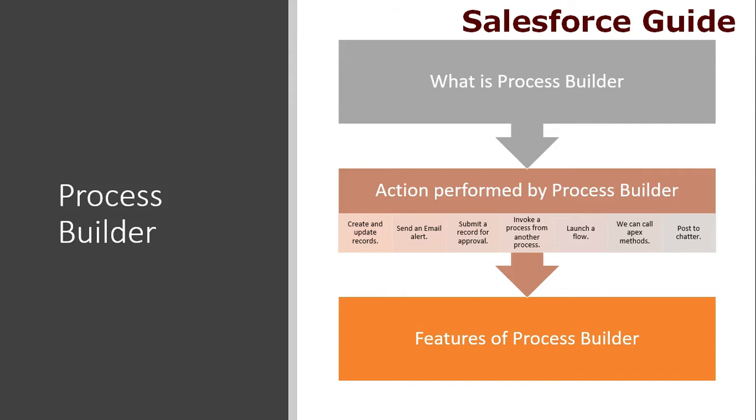While designing a Process Builder, we are going to provide a certain type of criteria on which you want to execute the Process Builder. Then you have to specify actions. There are two different types of actions. First, it can be a scheduled action. Second, the action that should be executed immediately. So this is how Process Builder works.